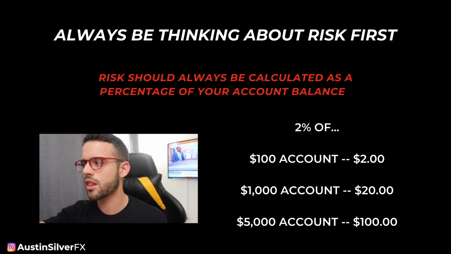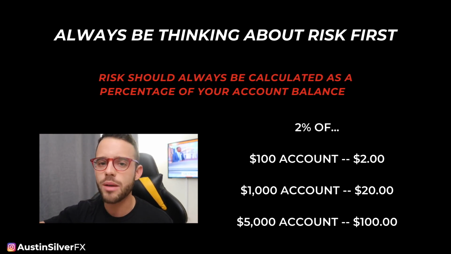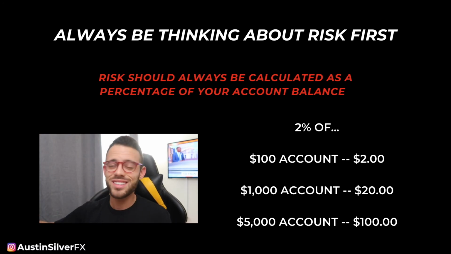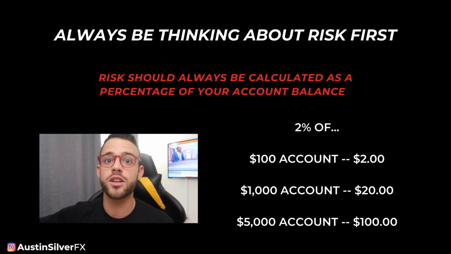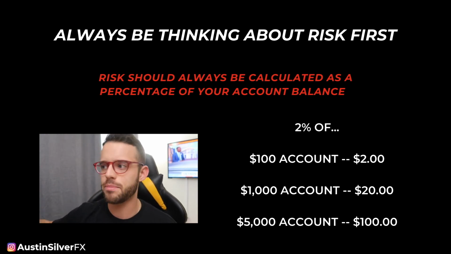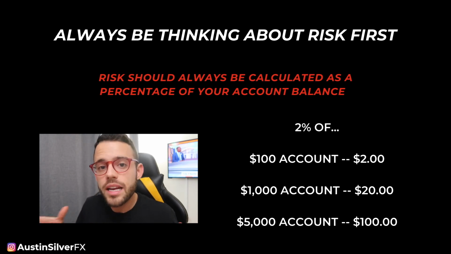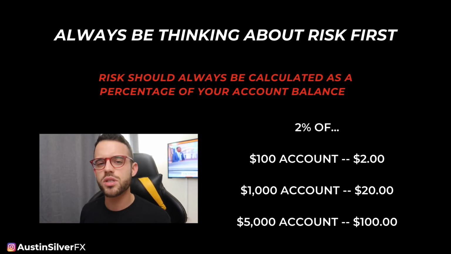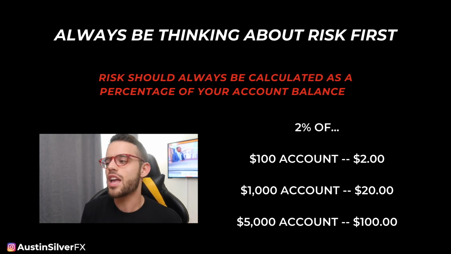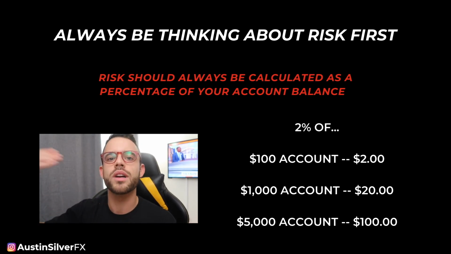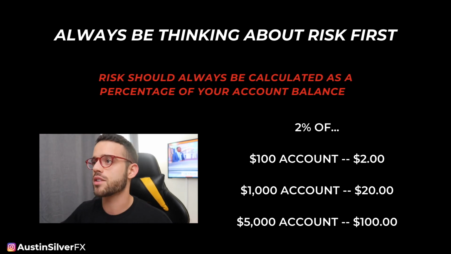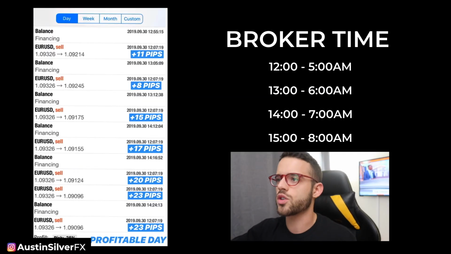If you're trading a $1,000 account, same trade, only $20. $5,000 account, you're making $100. So still, in any situation, not life-changing money. So keep that in mind as we're talking about these trades that go 9 pips, 19 pips, 27 pips. You're going to need a larger account to make these pips really be substantial value. But you don't get that larger account if you don't start hitting them now with the smaller account consistently and following that process. So before we get into it, the first trade I'm going to show you is Euro USD